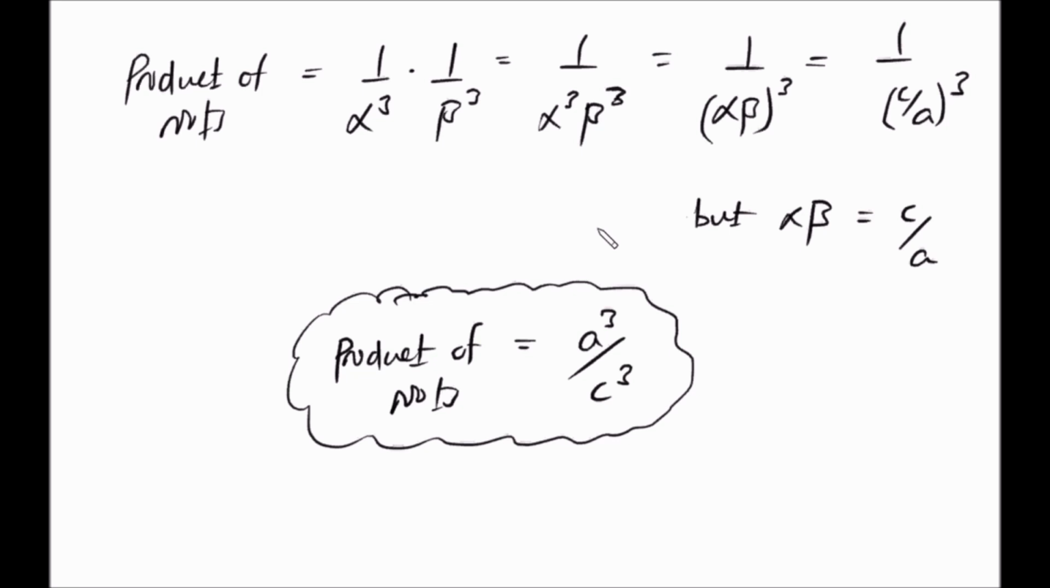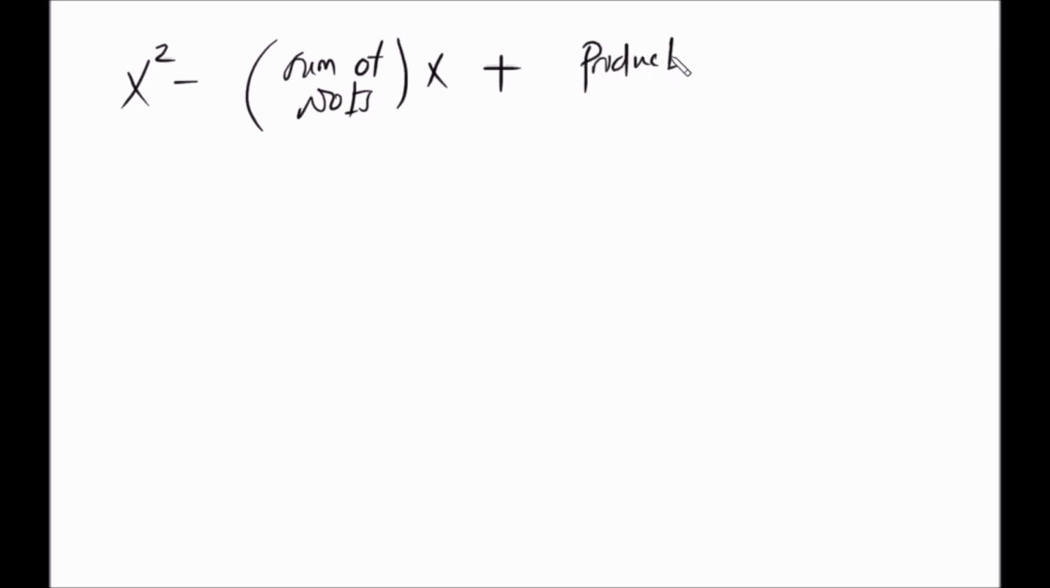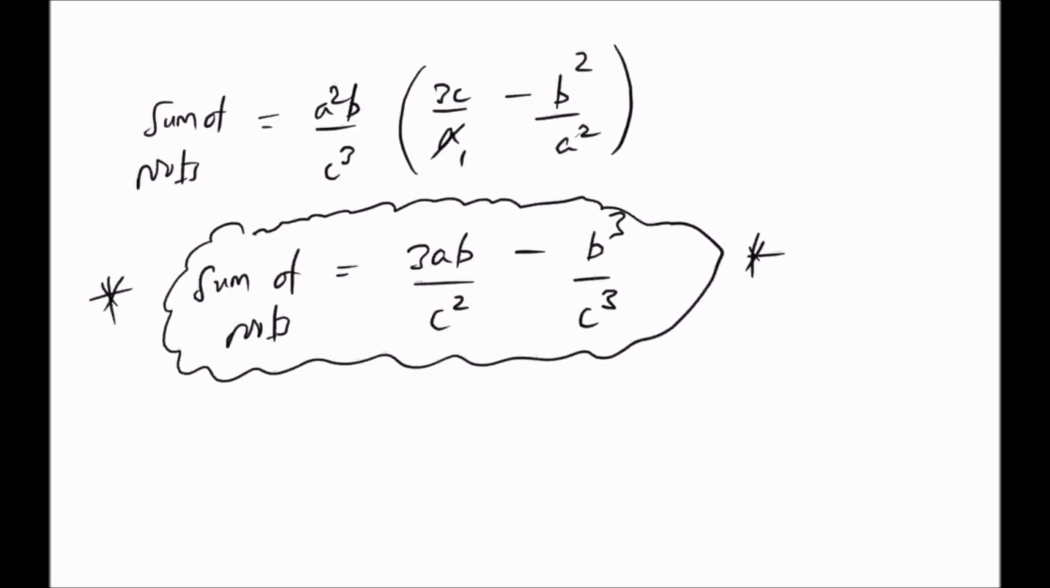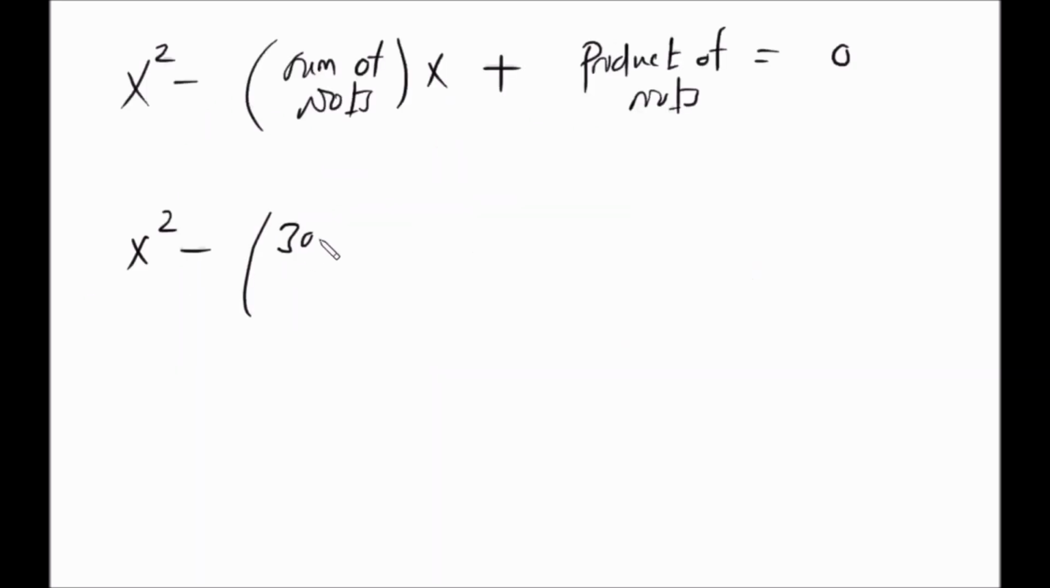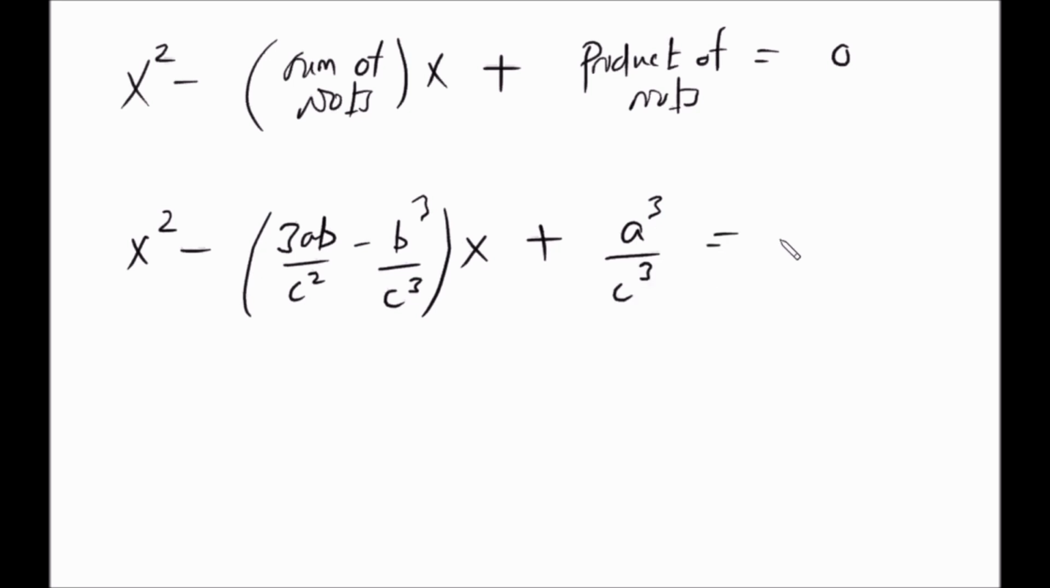So now our quadratic is x squared minus the sum of roots, x, plus the product of roots, equals 0. So our equation will be x squared minus the sum of roots, which we found to be 3ab over c squared minus b cubed over c cubed, times x, don't forget x, plus the product of roots, which we have just found to be a cubed over c cubed,